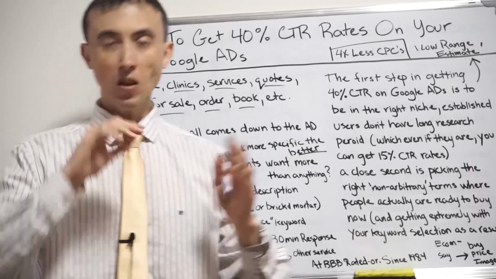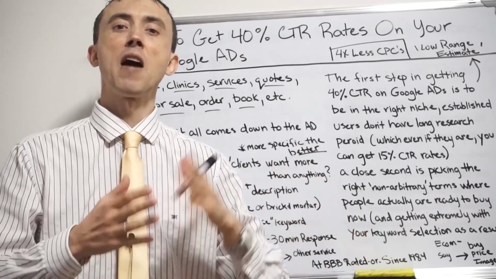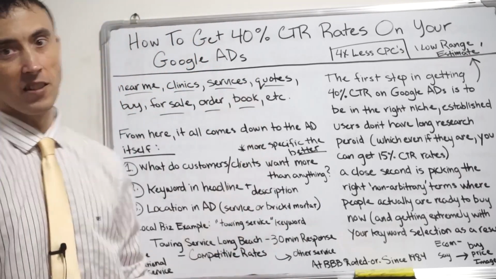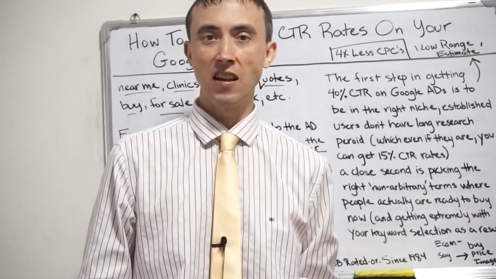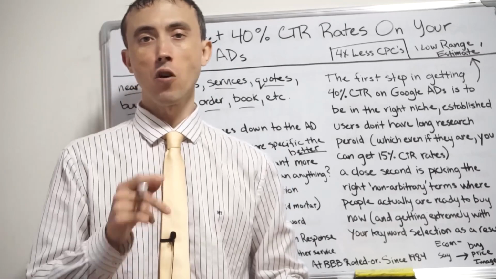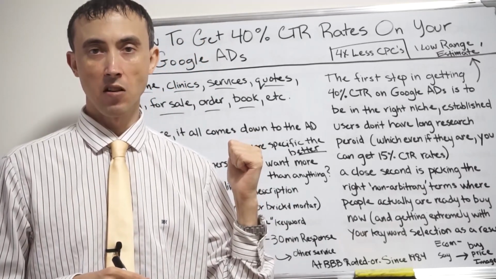Now, the average click-through rate on search ads, if you don't know what it is, is somewhere around 3.5% to 4%. Obviously, 40% click-through rates is 10 times that. If you get a 40% click-through rate on your ads and your competition's getting at most 7%, what do you think Google's going to prefer to do